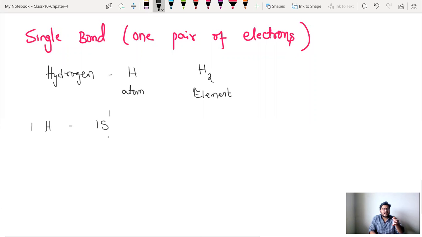Now, if it gains 1 electron, there will be only 1 proton. It cannot handle 2 electrons. Of course, the mass of the proton is greater than the electron. 2 negatively charged particles cannot be tolerated by 1 positively charged particle. So hydrogen will not gain. What it will do is share its one electron with